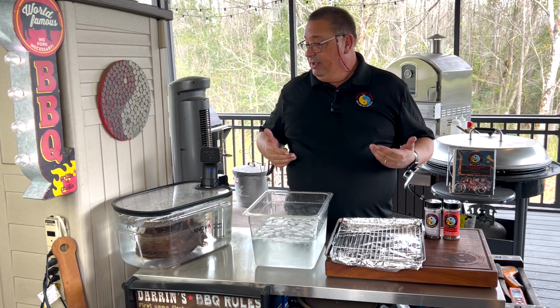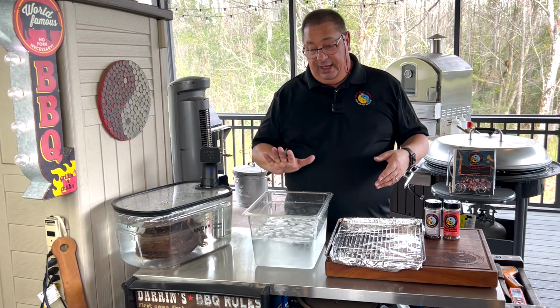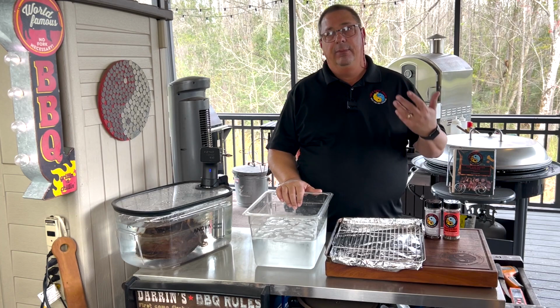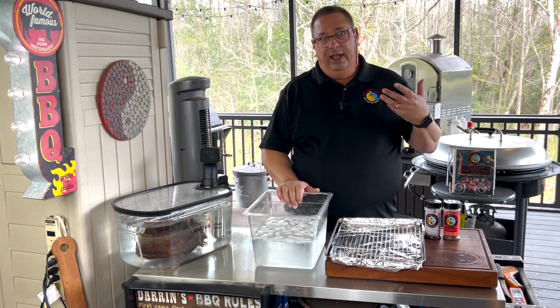Since we're going to smoke it a little bit after, I'm not too worried about being short on the time for a little bit. So we're going to go ahead and take this out, and I do have an ice bath here, and what I'm going to do, just like I would if I was doing a brisket or a pork butt or beef ribs,